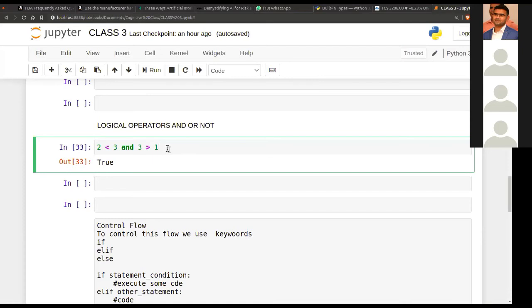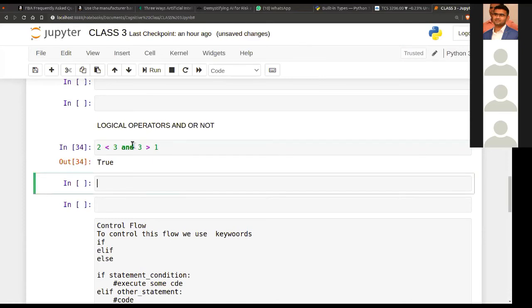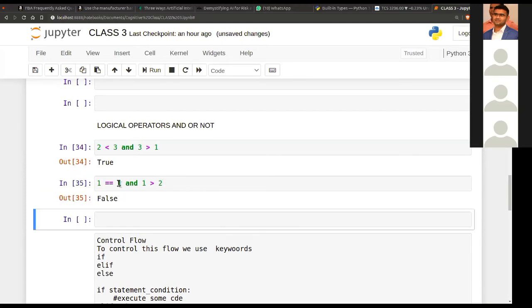So it is an and keyword used. Similarly, suppose 1 is equal to 1 and 1 is greater than 2. This statement was true, but this was false. So we get a false for and.